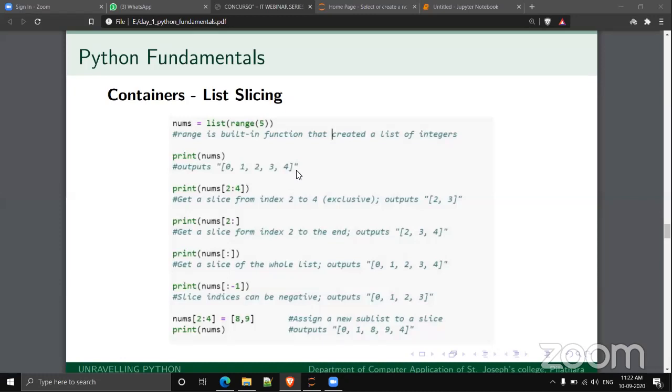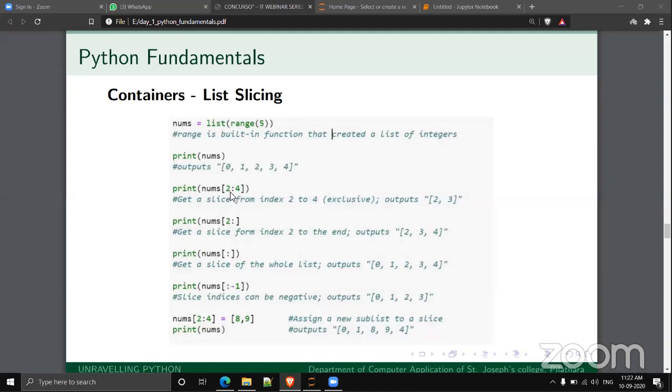Now just slice. For slicing, we specify the list, square bracket, a colon b. So we are slicing the list from the position a up to b minus 1.